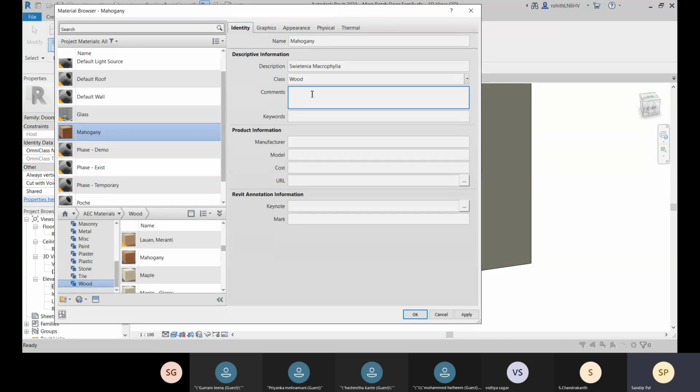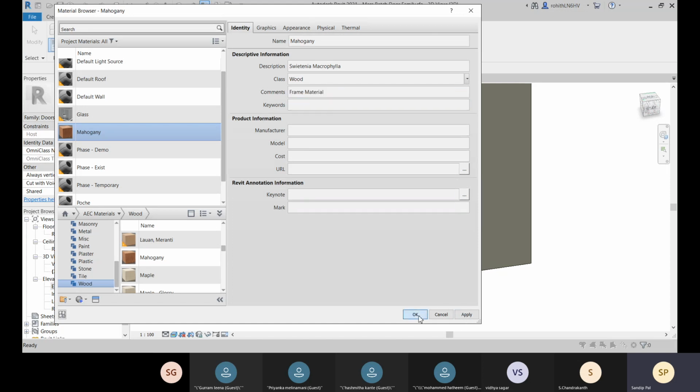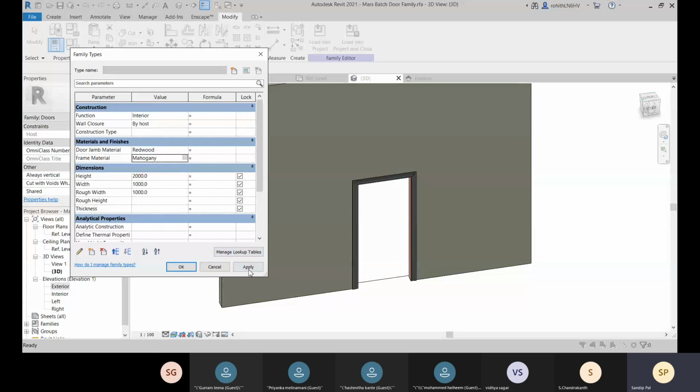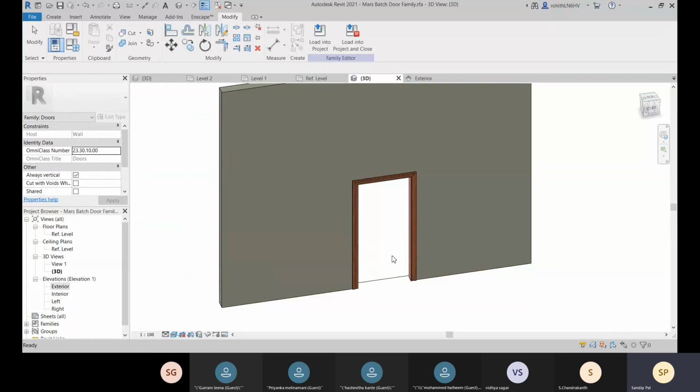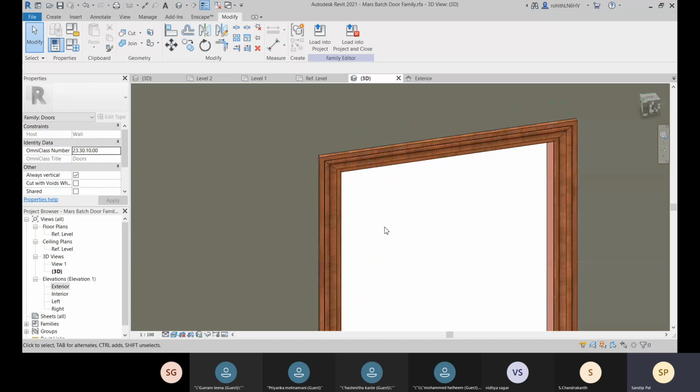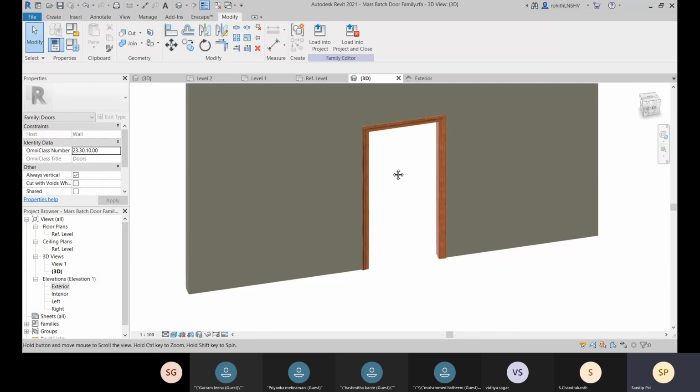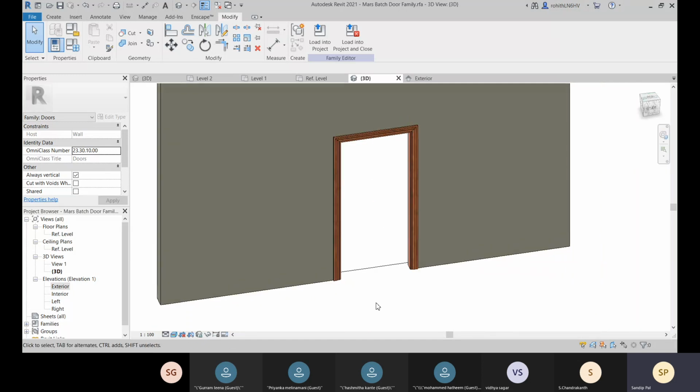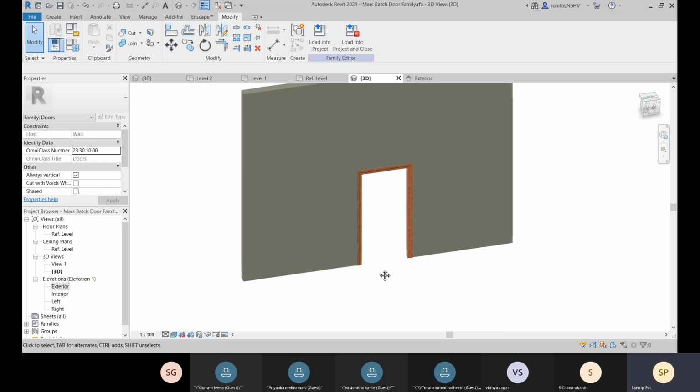Let's add your frame material. You apply and okay, and that is applied. Let's click on okay and okay. So here you can see that is applied. Okay, fine. Next,